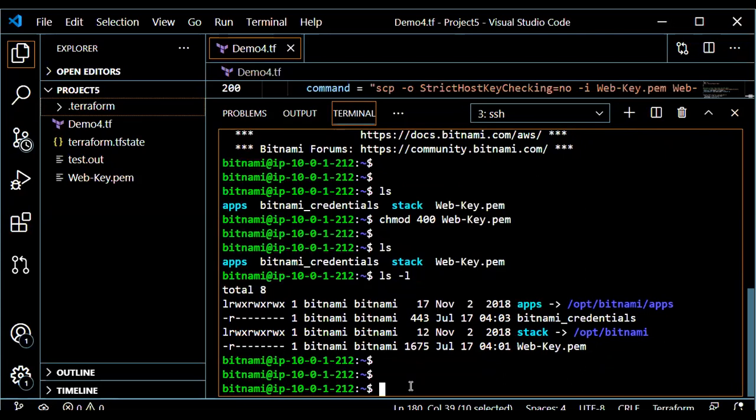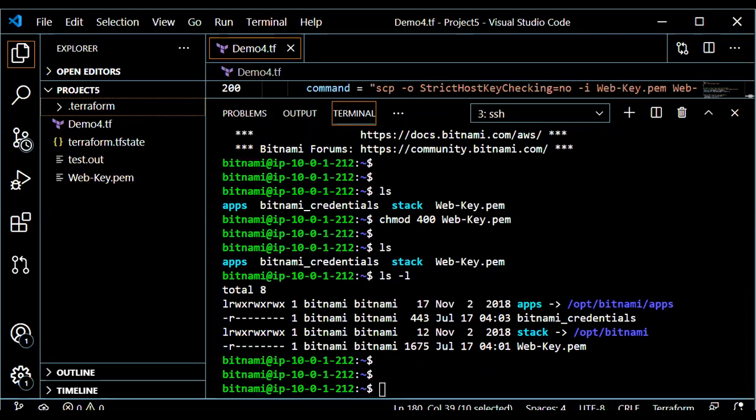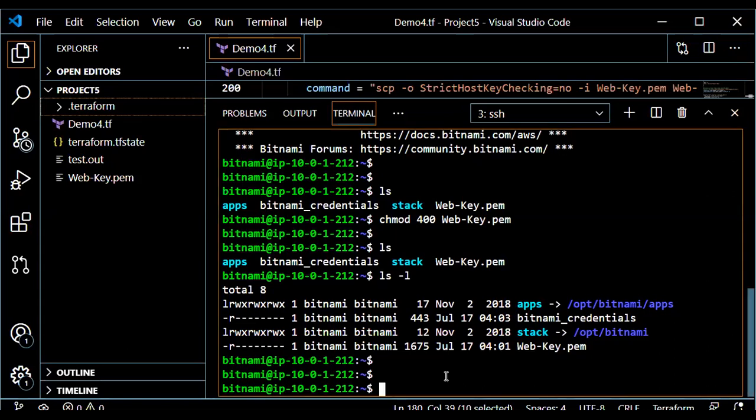Then let us try to log into our DB server. The DB server IP address is 10.0.26. So let me try to log in.